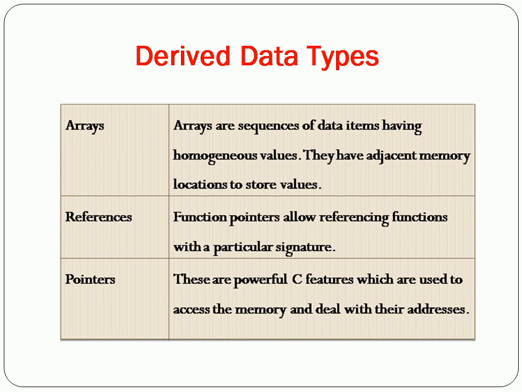A derived data type is formed by using one or more basic types in combination. They are the object types whose functionalities are predefined in the C libraries. Under derived data types, there are arrays, references and pointers. Arrays are a collection of similar elements that are stored under the same variable. Simply we can say that an array is a collection of elements stored under one variable. It acts as a one-dimensional matrix.